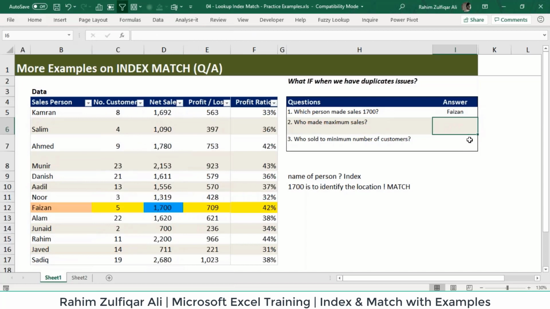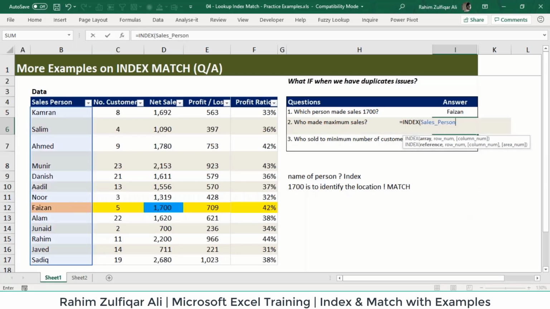Next question is who made the maximum sales? Now, who made the maximum sales means that we need the name of a person. So again, we need to have the salesperson column first, in which we have the desired output. And the lookup value has not been given to us, but the question is saying who made the maximum sales. So first we need to identify the maximum sales, MAX. So we will be adding the MAX function for the net sales